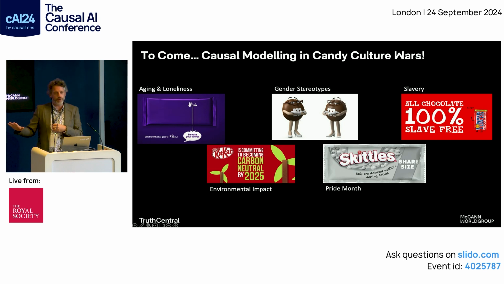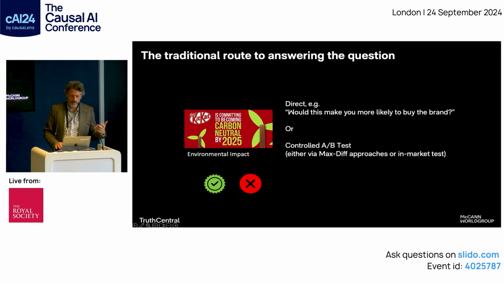They went down a route of perhaps an A/B test. It went wrong. They lost millions, apparently, off share prices. And so brands are increasingly concerned about how can I stress test a possible outcome without risking alienating half of my customer base. Now, historically, my background is in brand and comms research, and I worked for many years at